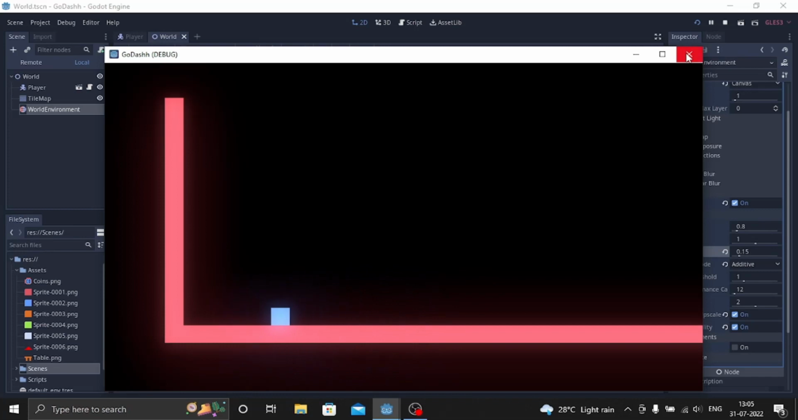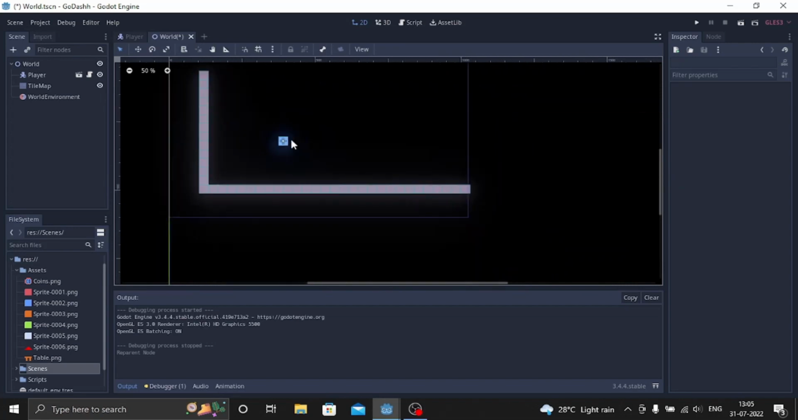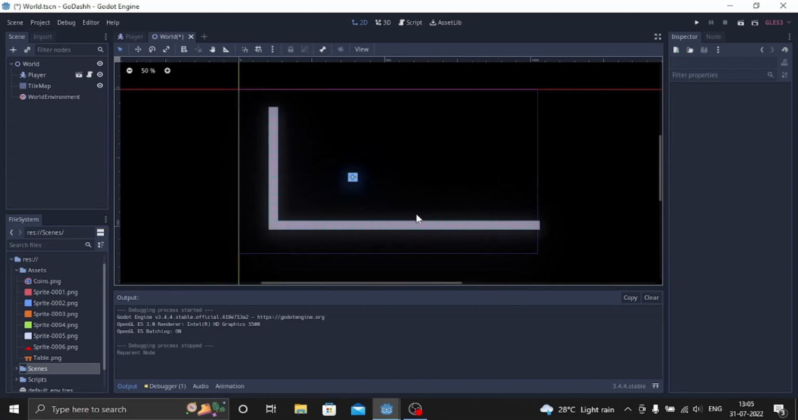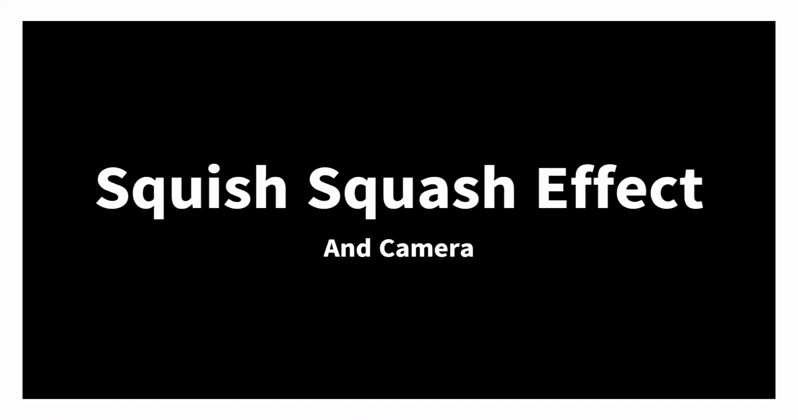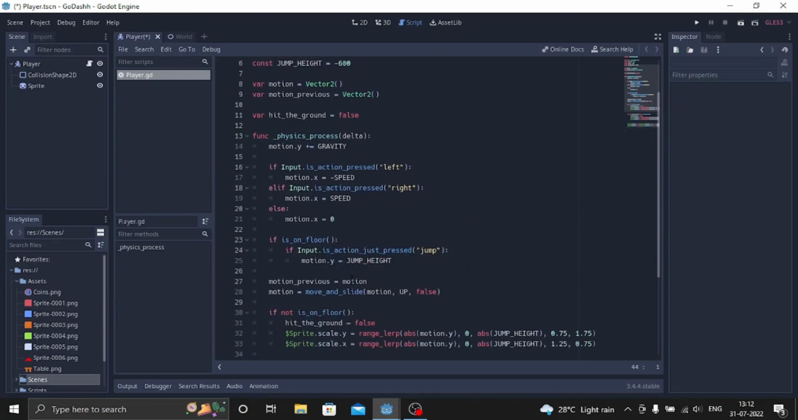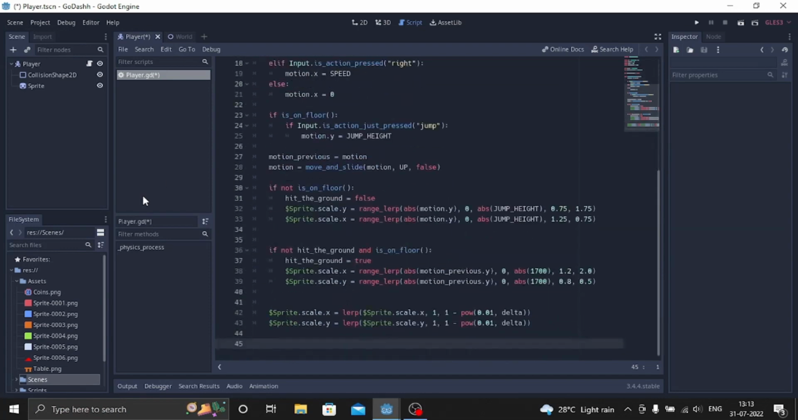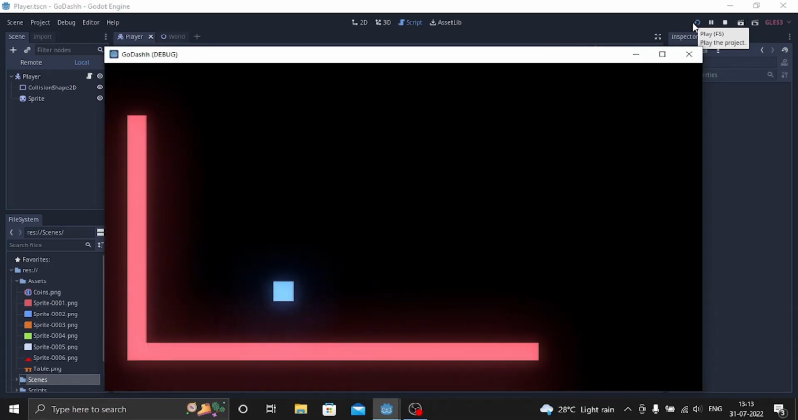And one more thing I wanted to add is squash and stretch, because it looks really good in platformers. I have already done the script for it, so let's make the script fast. So now let's make a squash and stretch. For that I already have a script ready, and this is the actual script for it. What this does is, if you play this, as you can see, it makes the squashy and stretch movement,